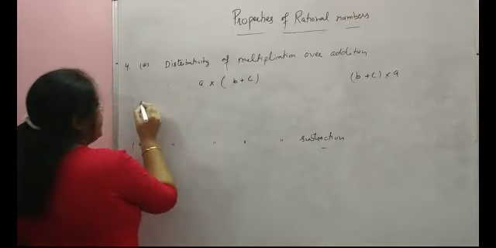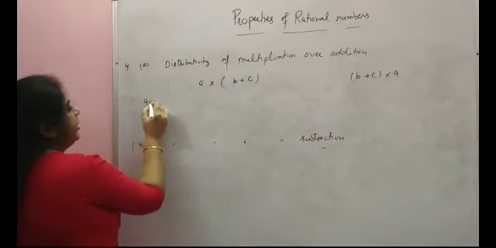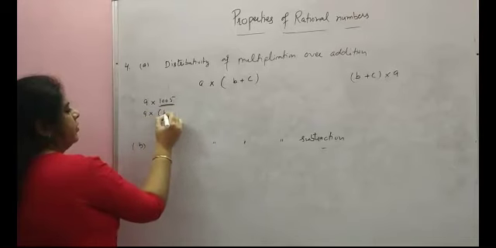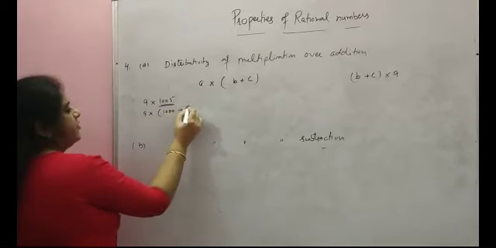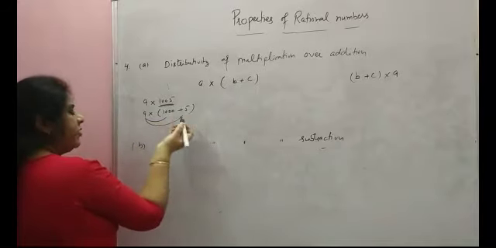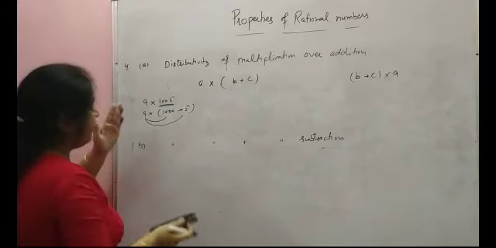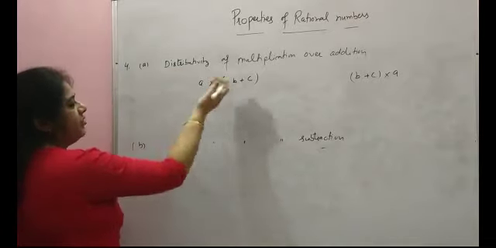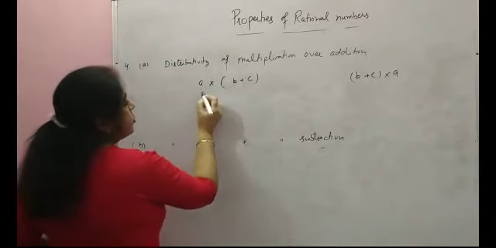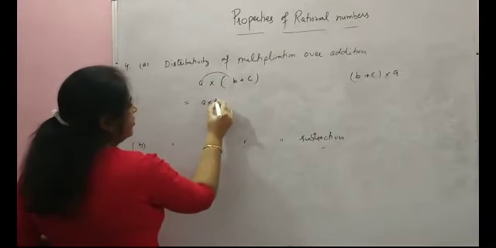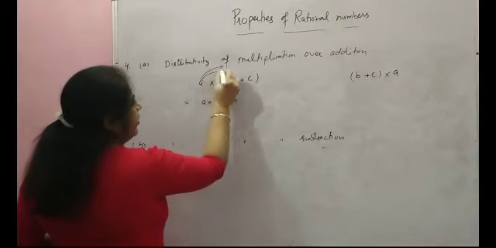So how were we doing it in the earlier classes? Just suppose we have a number like 9 into 1005. We just expand this, 1000 plus 5. How were we doing it? We were multiplying with this and this. Same thing. There we were taking integers or whole numbers. Here we can take rational numbers as well. So what is this equal to? A multiplied to this plus A multiplied to this also.